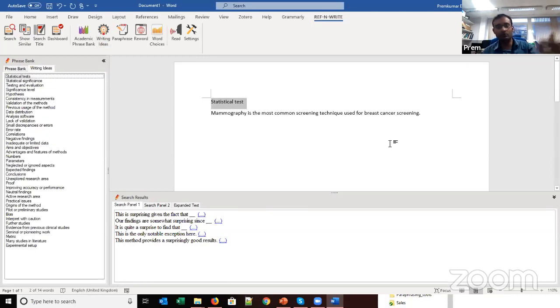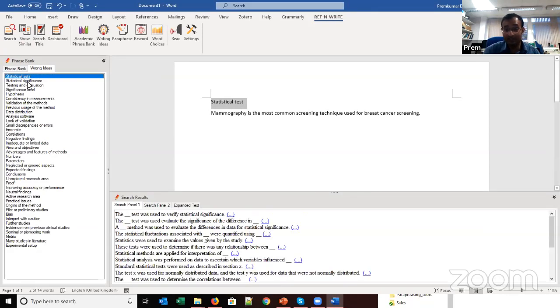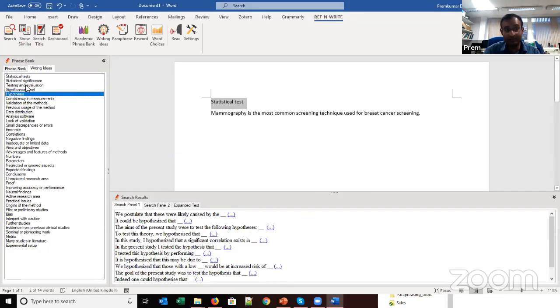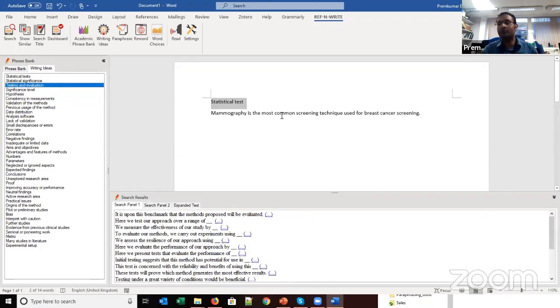It searches through the phrase bank and brings up all possible categories related to the text you selected in the Microsoft Word document. Okay, so you have a category called statistical tests, statistical significance. There is a category on significance level, hypothesis, testing and evaluation. So you don't have to manually go through the entire phrase bank to find phrases related to the type of statement you are trying to make.